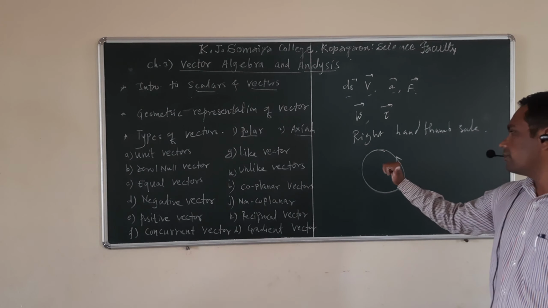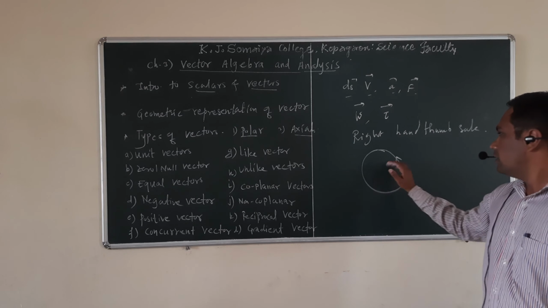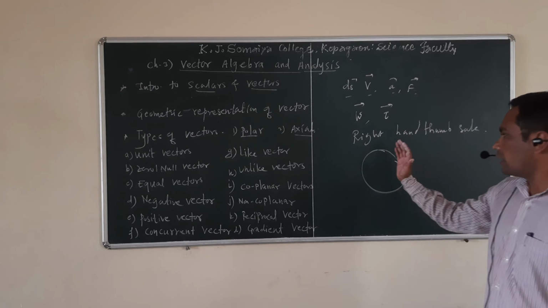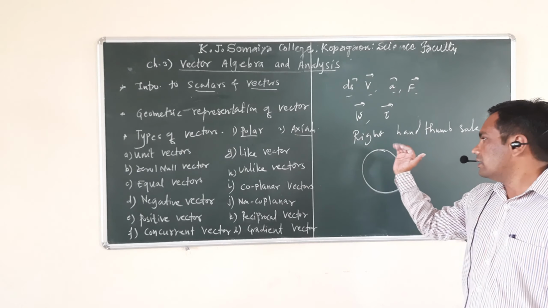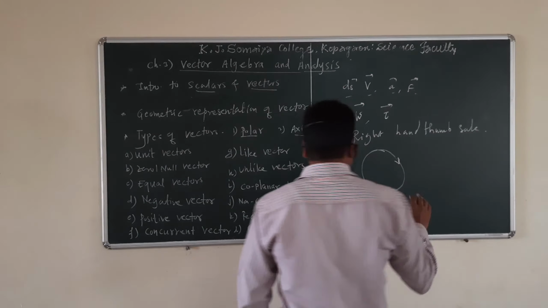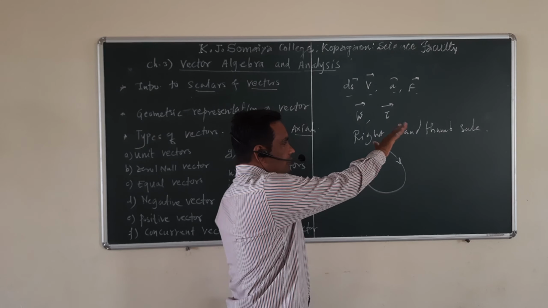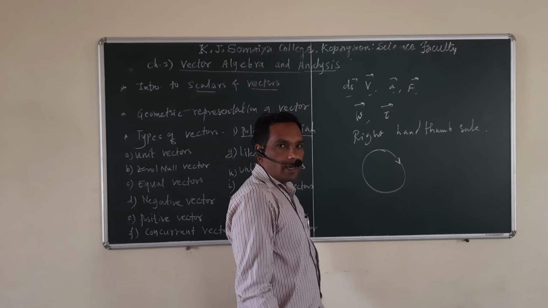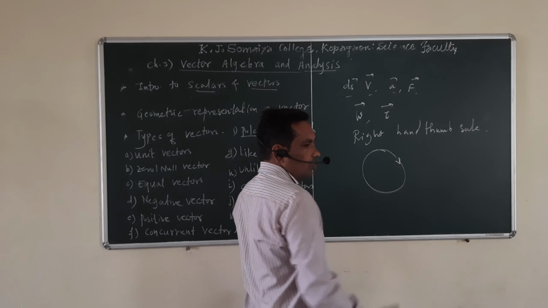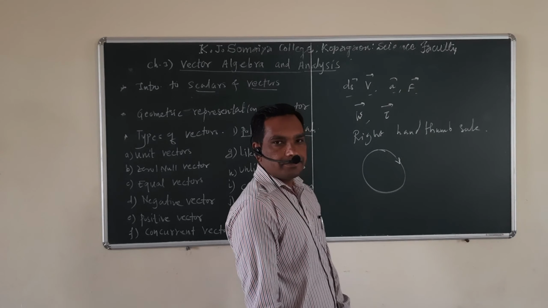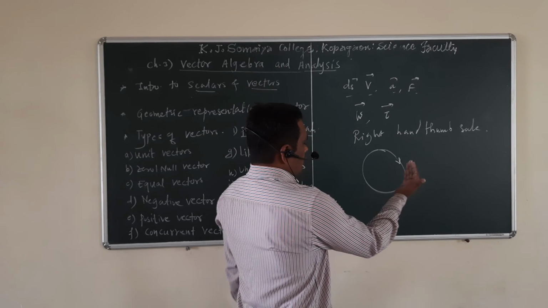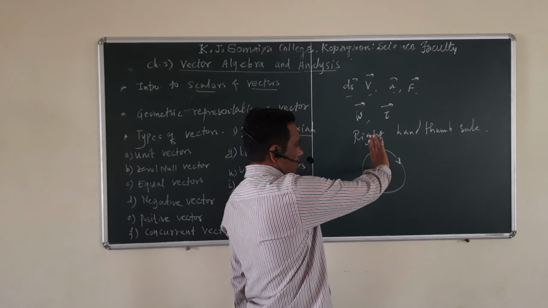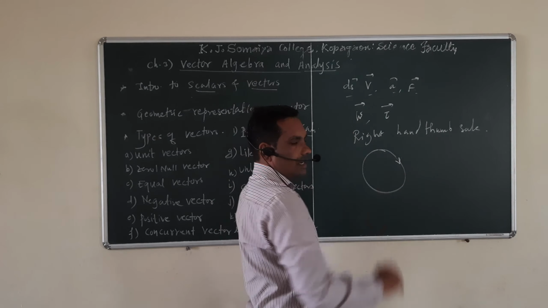Suppose the object is performing motion like this, then angular velocity is directed like this, in the upward direction. If you change its direction of motion, then you cannot put your fingers like this; you have to go all the way like this and curl your fingers like this. Then angular velocity is directed in the down direction, or into the board. You take the anti-clockwise direction as positive, and the clockwise direction as negative.